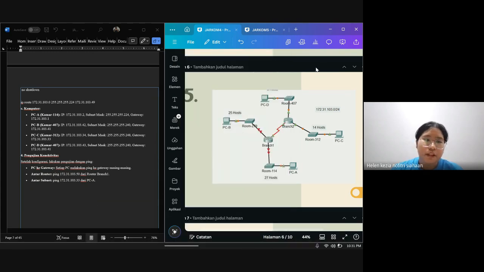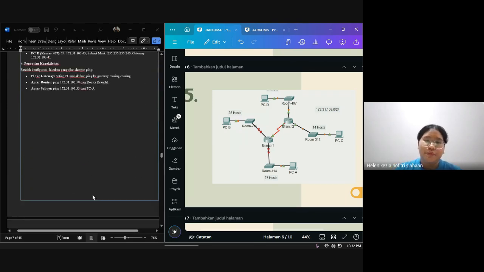Okay, thank you. It was the PC and the gateway. All of the PCs we can ping to the gateway and do this in here, the router and the subnet.